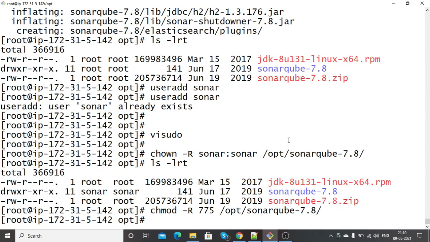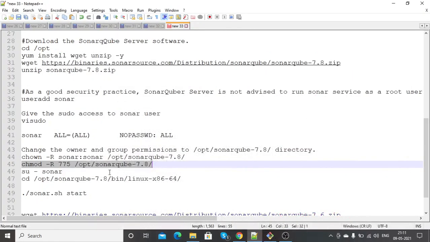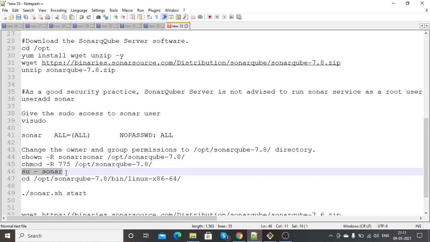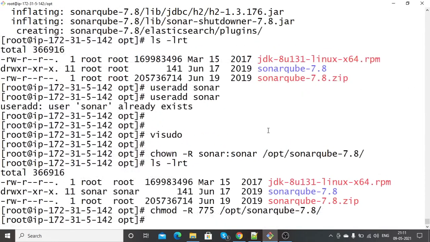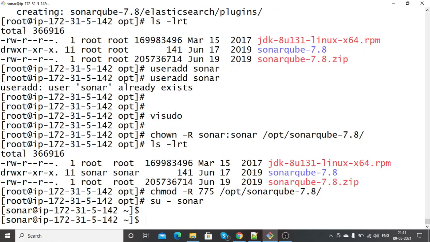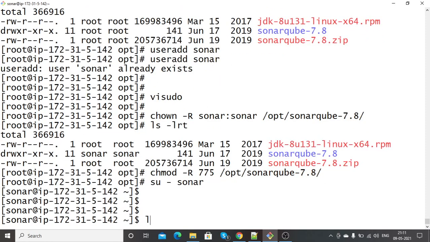I added permission to this path where SonarQube is there. So now I am logged in as Sonar.